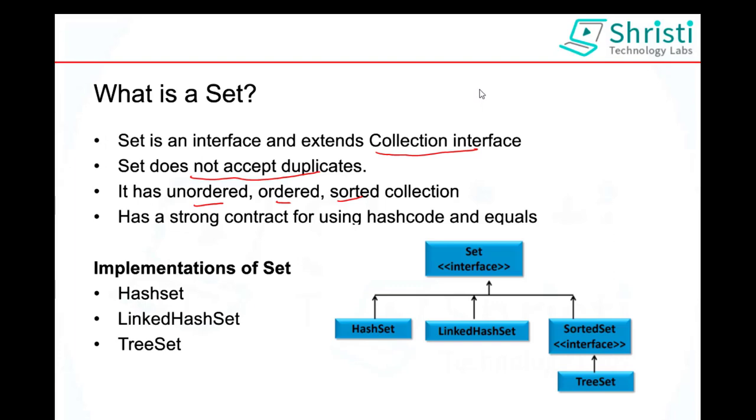Whenever we want to get into the bus in a bus stop, we just run and catch the bus. We are not bothered about the queue or anything. So that is called as unordered. Ordered means we stand in a queue to take a movie ticket. So that is an ordered collection. Sorted means when you are going and standing in a line in your college, they are asking you to stand in an alphabetical order or based on your height. So that is sorted collection. Unordered means no order at all. Ordered collection means ordered by index or ordered by insertion. Sorted collection means it is already ordered. Here it is ordered in alphabetical order or in numerical order or by any custom order.